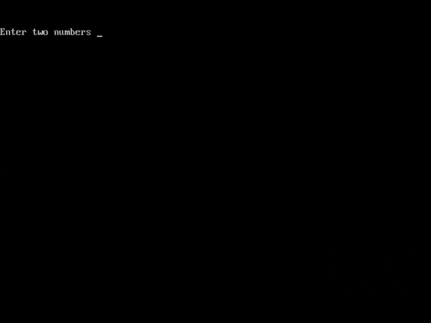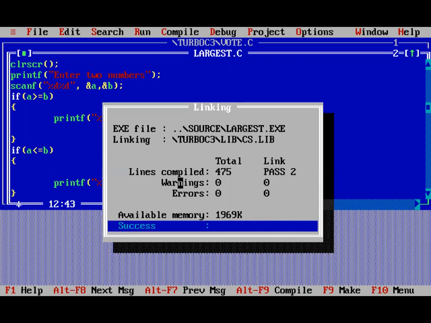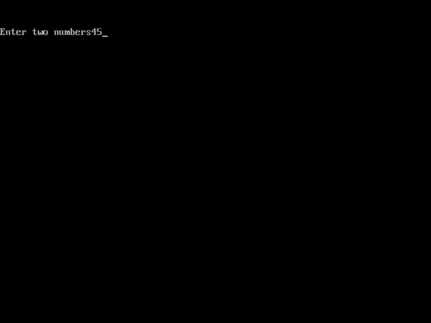Enter two numbers, 15 and 34. So 34 is greater than A. So here also we can use %d. Enter two numbers, 45 and 56. So 56 is greater than 45. Here we get the exact value.